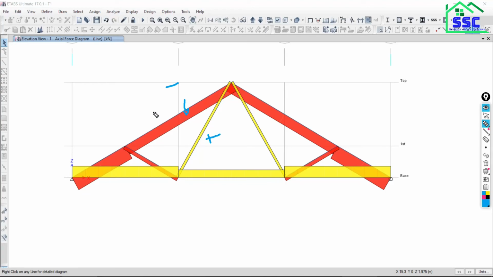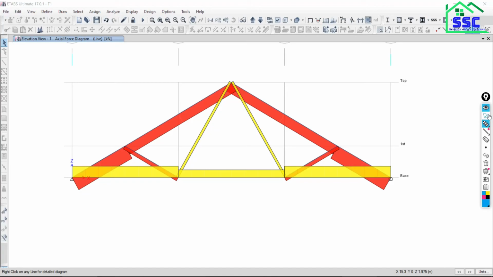Yellow color means this is a tensile force, and red color means it is a compressive force. Is that clear? Yellow color means tension force, and red color means compressive force. Good. Now this is all about the sign.